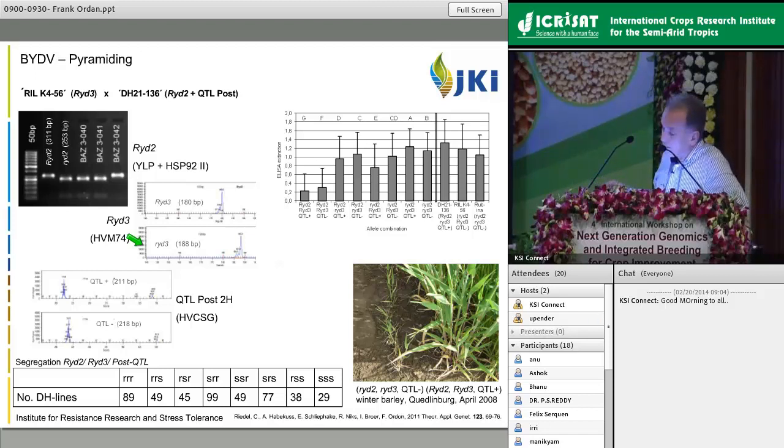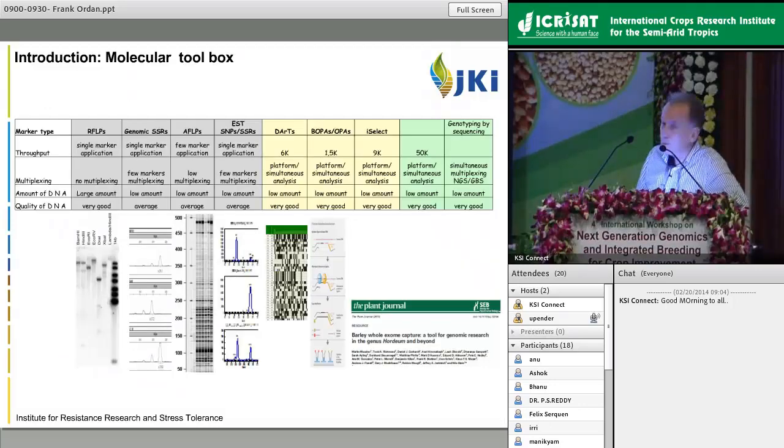So, developing such molecular markers a long time ago was a very time-consuming process. And the older ones among us may remember techniques like RFLPs, RAPDs, genomic SSRs, and AFLPs. Today in barley, we have medium to high throughput molecular techniques available, like the DArTs Ajay told about yesterday, then different iSelect chips, the 9K iSelect chip, a 50K chip is supposed to become available soon, then genotyping by sequencing, we heard about this,